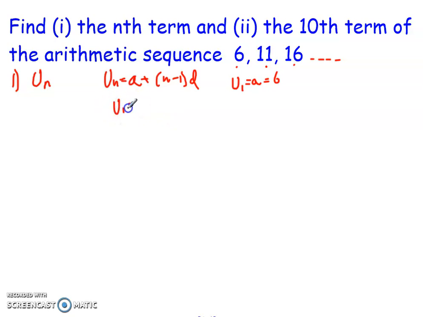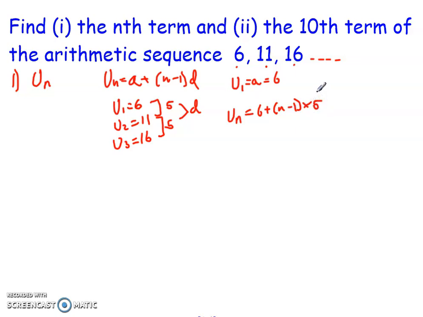I know that u1 is 6, u2 is 11, and u3 is 16. If I was to do u3 take away u2, I'd get 5. If I was to do u2 take away u1, I'd also get 5 there. So what I can then say is that d is equal to 5. So for this sequence, I can get the nth term by doing un equals 6 plus n minus 1